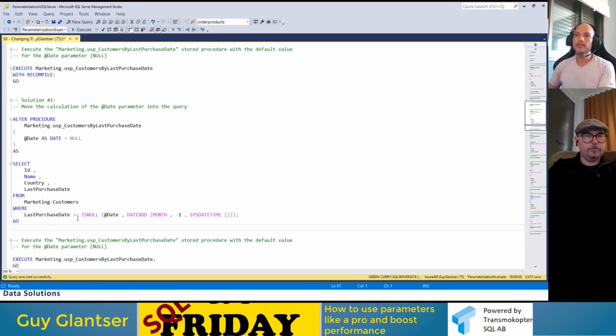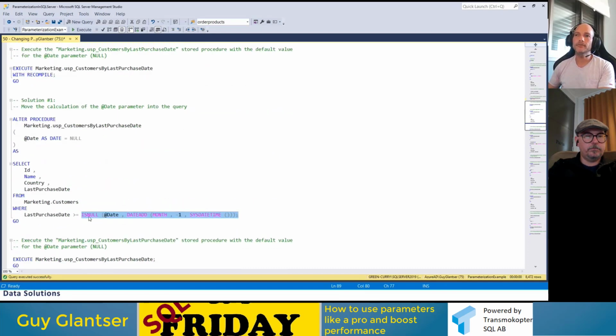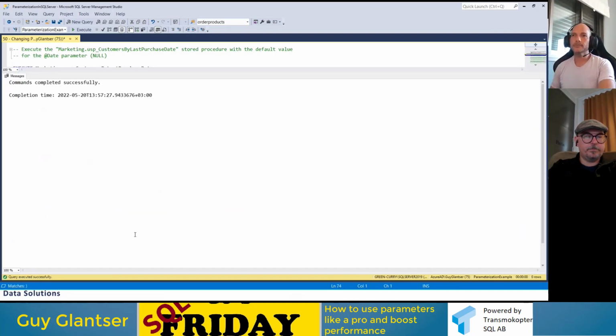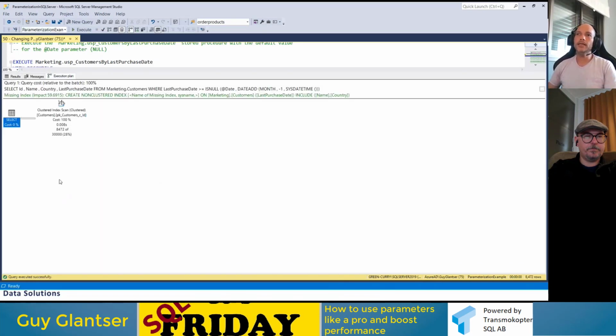And one of them is to put the logic of this if statement inside the query itself with the isNull function. Okay, so in this case, during compile time, SQL Server should look at this, and assuming it's a null, based on the isNull function, SQL Server now should be able to know that it needs this, and it will use the correct value. If we run it, then we now get a different plan, but again, we have a very poor estimation in this case. Now SQL Server estimates 30,000 rows compared to the 8,000.